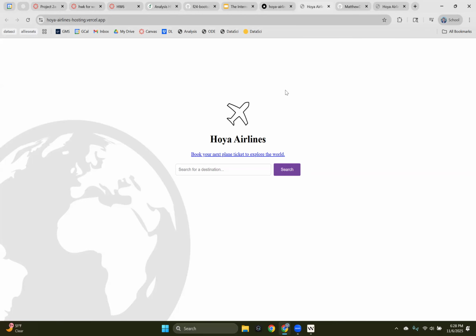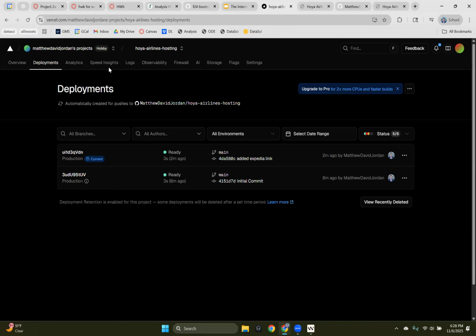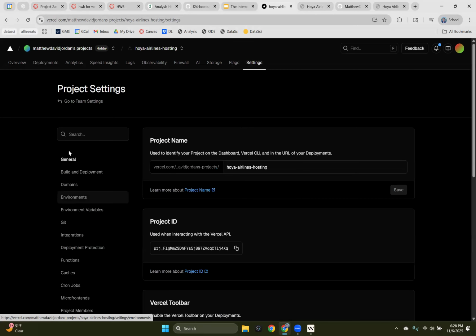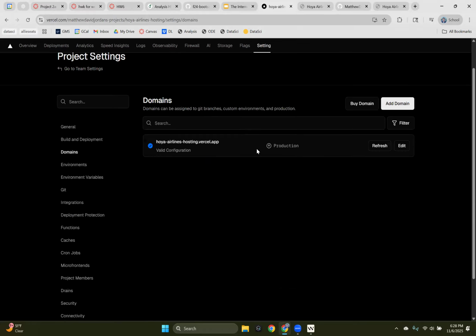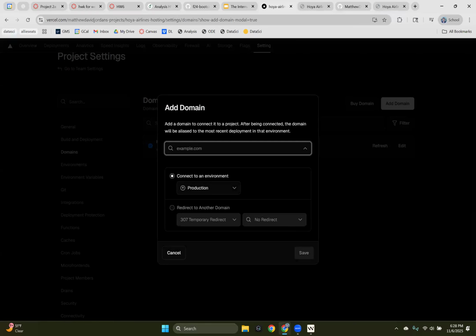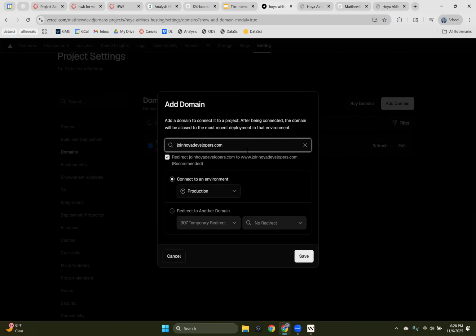The one thing I didn't show you guys today is how, within Vercel, to find the IP address of the computer that your website's being hosted on so you can put it in Squarespace. Vercel again makes it super easy. Once you're in Vercel, you go to domains, you hit add domain, and then you enter the one that you own. So if I do joinhoyadevelopers.com and I hit save,